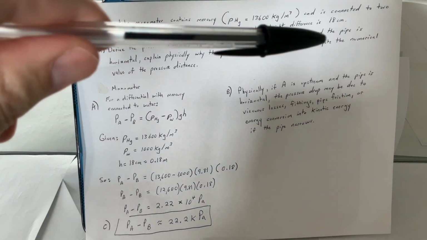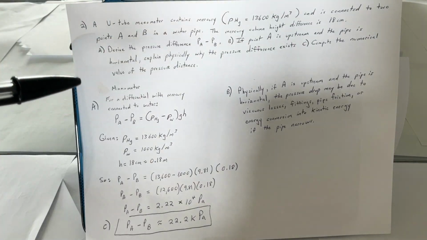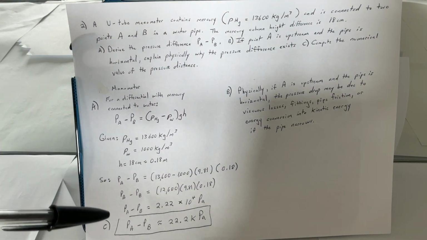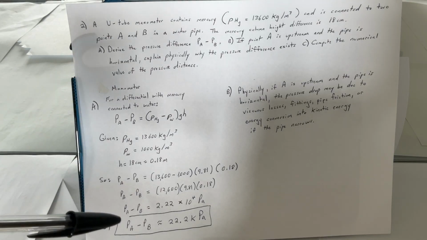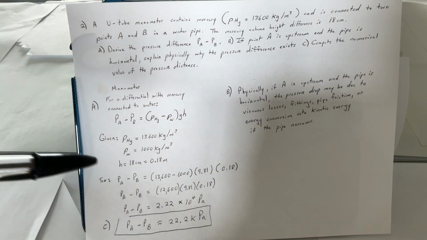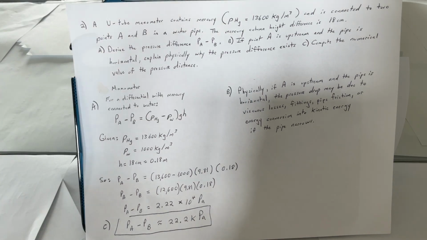Actually, I jumped to part C. My apologies. We computed the numerical value of the pressure distance here. Sorry about that. So A and C go together. Did that. Sorry. Going back to letter B,